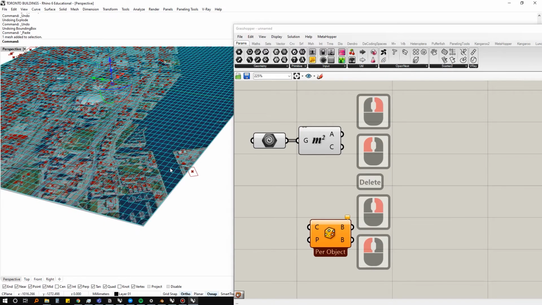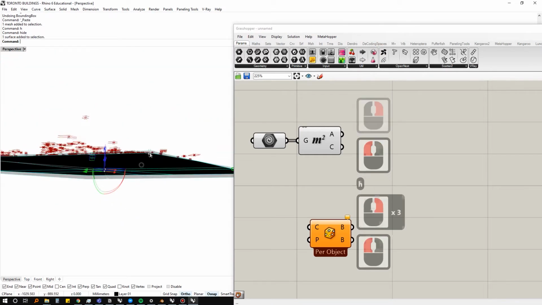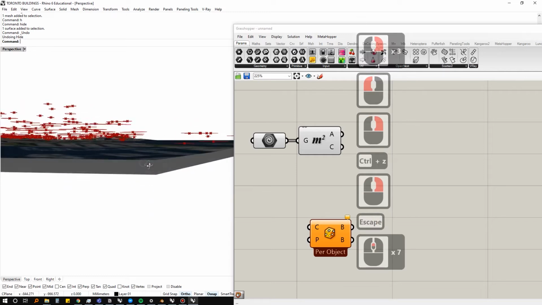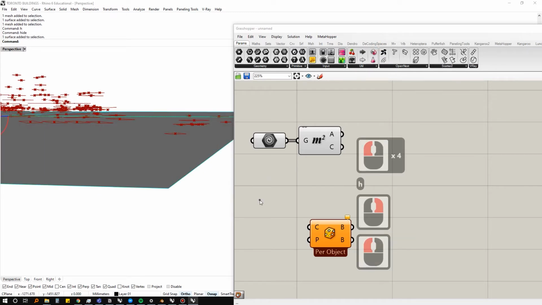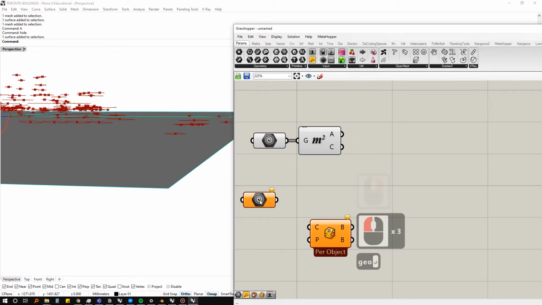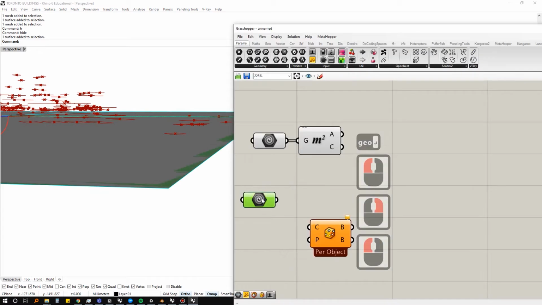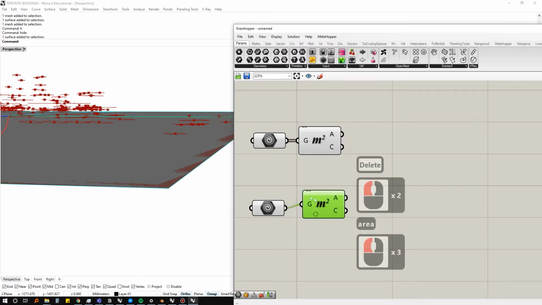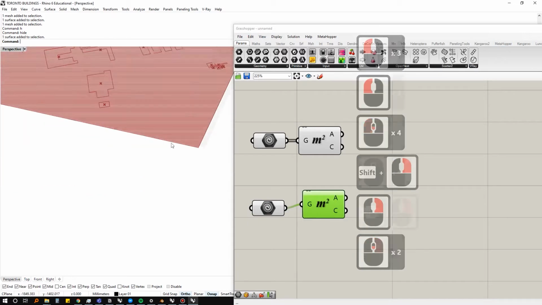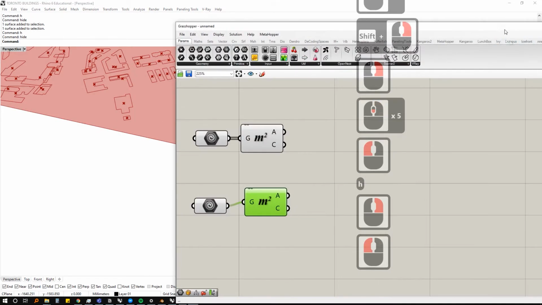So this bottom plane is the absolute lowest point of that geometry. If you zoom in super close, you can see that it's just below the rest of the geometry, and that's super important. So now we're going to load this one in. And then we're going to get the area of that one too. And what you'll see, it's kind of glitchy right now, but what you'll see,